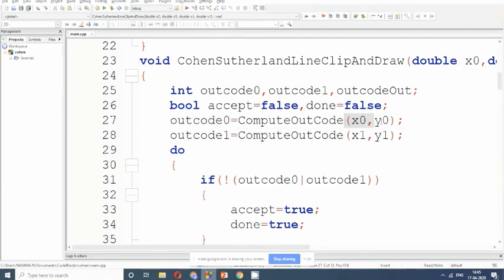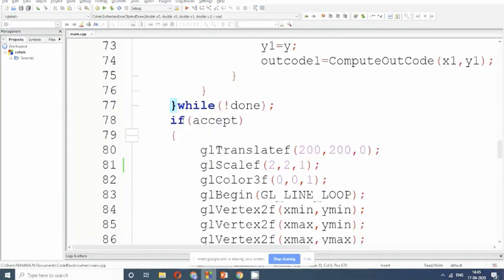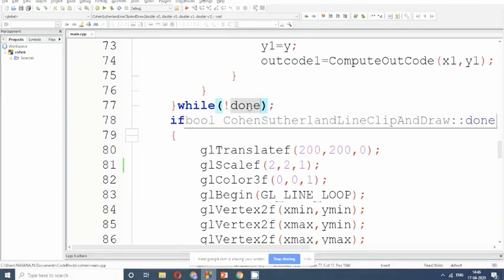So outcode 0 is carrying right now the outcode of x naught, y naught, and outcode 1 is carrying the outcode of x1, y1. Next thing is, we have to be in a loop. So I take a do loop, and I will run this do until my done becomes true, that is, until not of done is false.